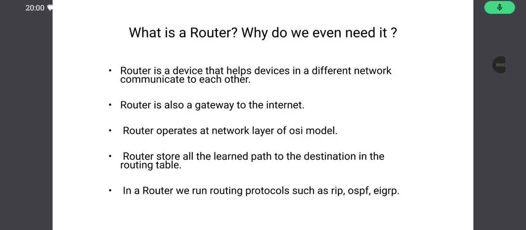Hello and welcome everyone. In today's video, I'm going to talk about a router device. Why do we even need it? What are its main functions? And how does it work? So let's get started. A router is a device that helps